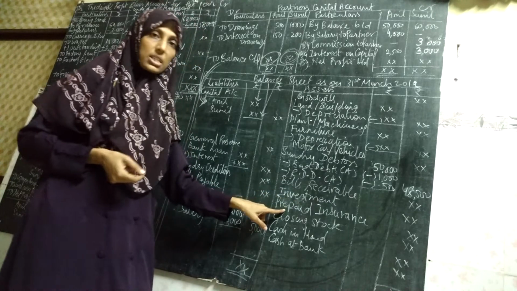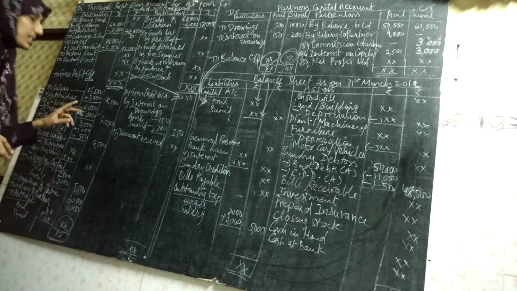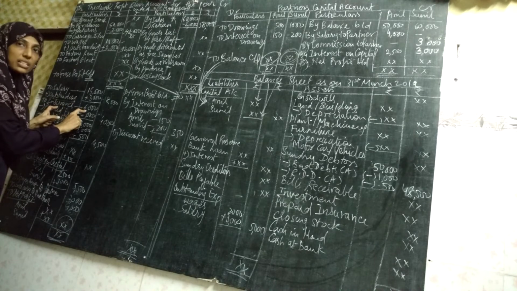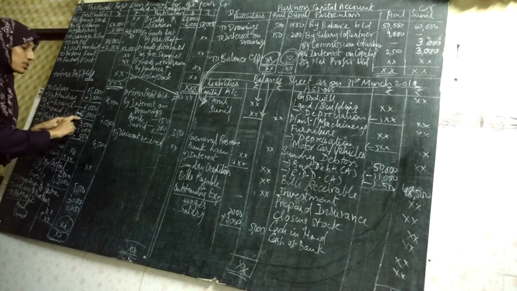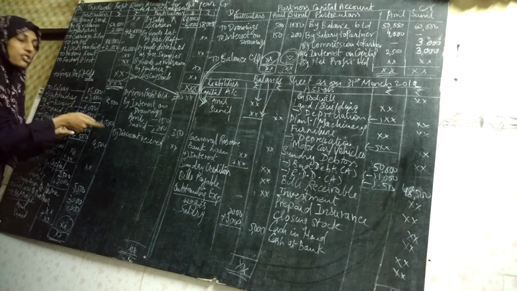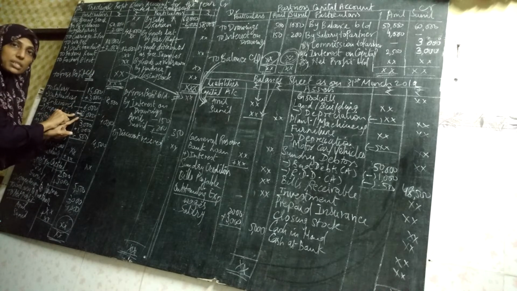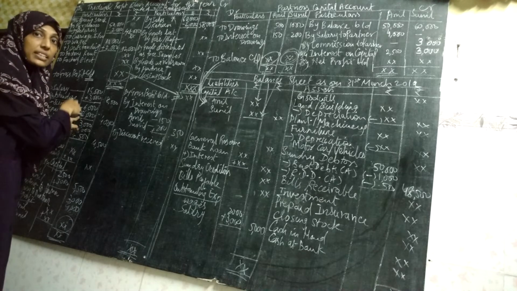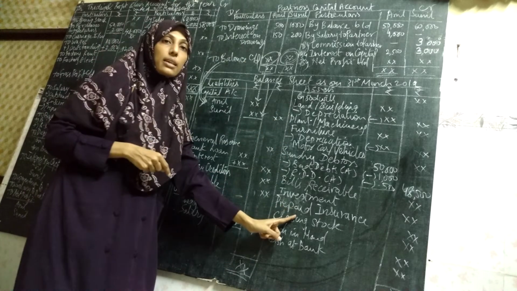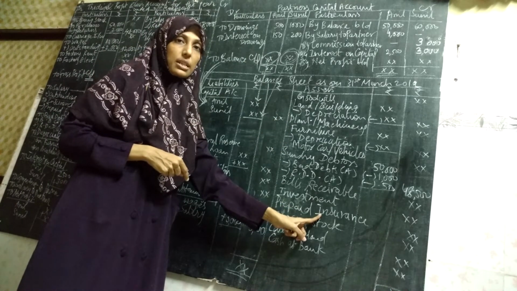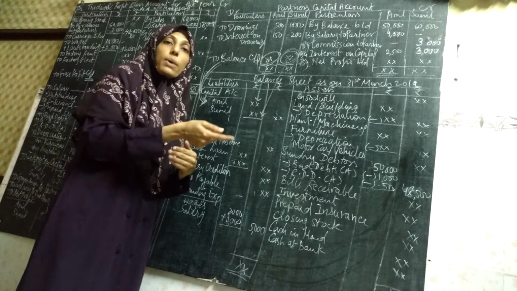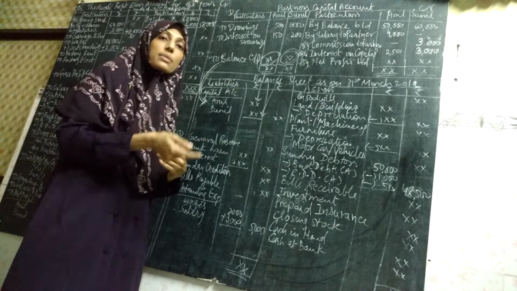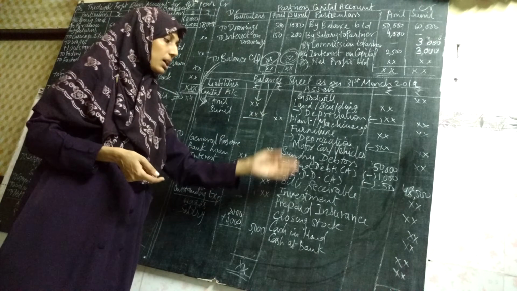Then prepaid insurance, it is an adjustment. Where is the adjustment? Insurance on the P&L account. In the last video I said insurance paid is 6,000, but of that 6,000, 2,000 insurance is paid for the next year. So we have minus it from the P&L account debit side. But the second effect is asset side prepaid insurance. We have paid the money in advance. That doesn't mean the money has become the company's own money. No, it is an advance payment, so it will be reflected on the asset side.